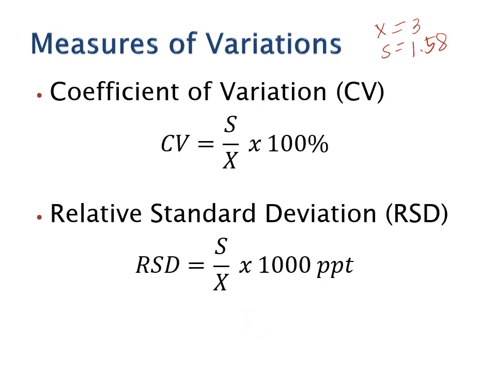So, next we have the coefficient of variation. So, this is just the standard deviation over the mean. So, sa example natin kanina na 1, 2, 3, 4, 5, so standard deviation is 1.58 over 3 times 100%. So, you'll have